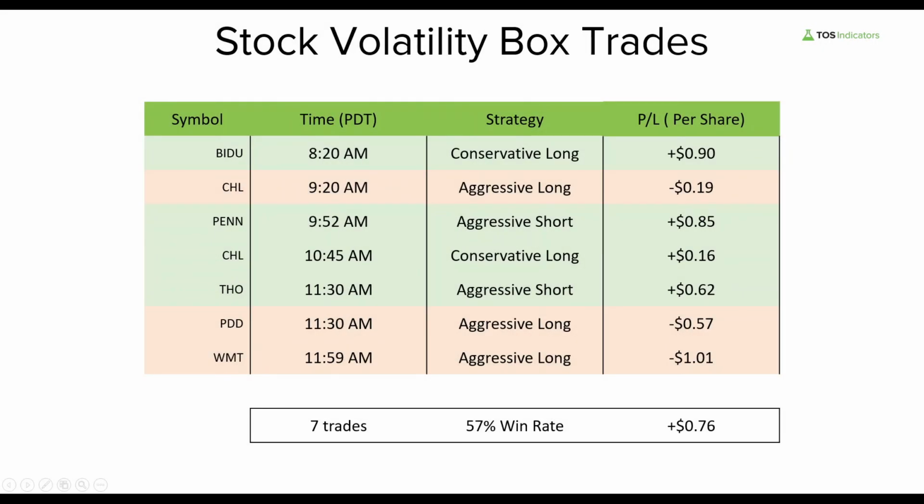All right, so I hope this detailed walkthrough of both futures and stock helps give all the new members an idea of some of the trades that set up for today, how to look at each of these markets, how to use the signals in tandem with one another, and really start to use both platforms to work for you, right? With the Volatility Box futures, we have the dashboard, which tells you wherever you have breaches on all four models. And with our Stock Volatility Box, we have the live scanner, which tells you, again, where price is breaching at this moment. So in both cases, you only need one screen open to be able to know exactly where price is breaching and where there's